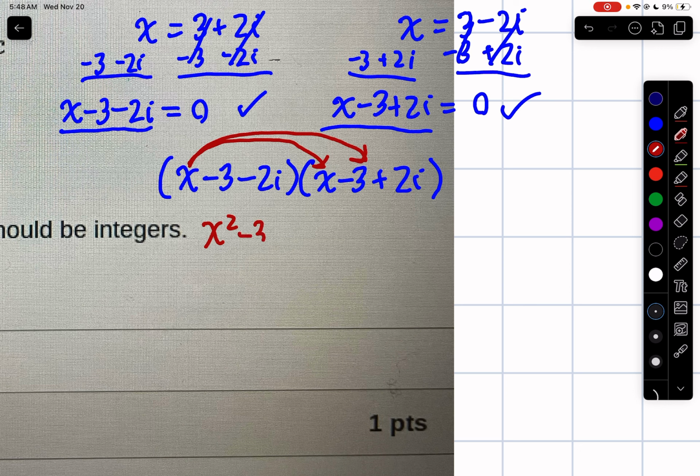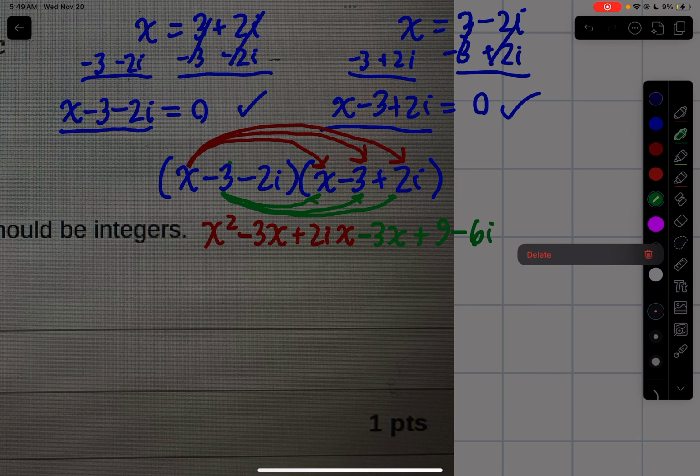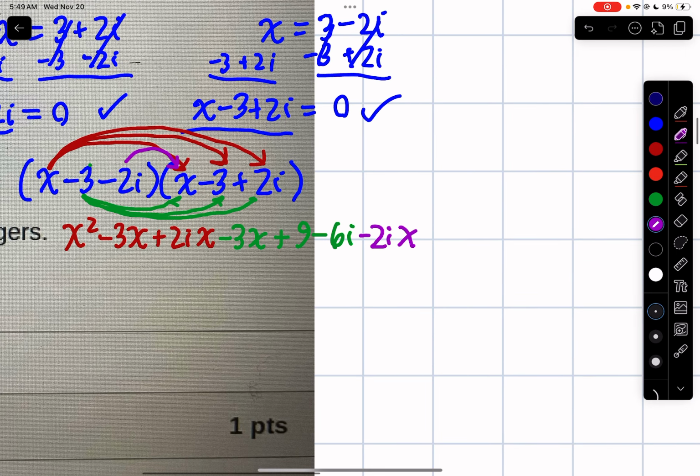And then negative 3x. And then plus 2ix. Okay, and then moving on to negative 3x again. Positive 9. Minus 6i. And then lastly, I've got minus 2ix, plus 6i,